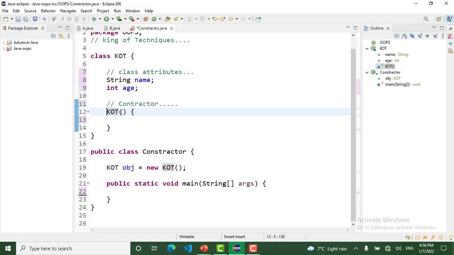But remember the rules for constructors. The first one: the constructor of a class must have the same name as the class name in which it resides. That is the first rule for constructors. A constructor in Java cannot be abstract, final, static, or synchronized. Access modifiers can be used in a constructor declaration to control its access. We use access modifiers like private, public, protected to control which other classes can call the constructor.